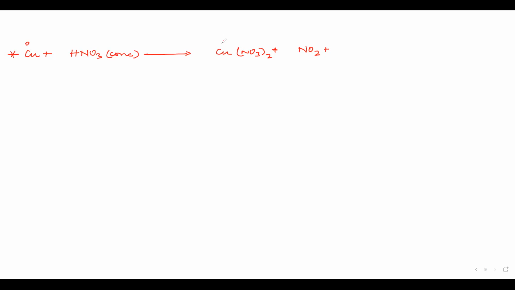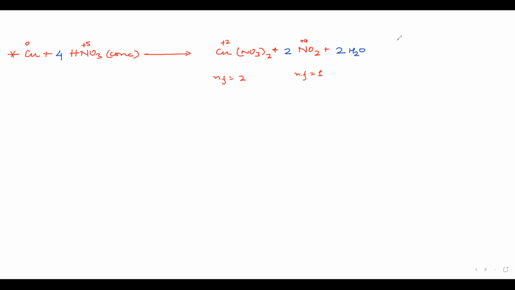Now this is 0. This is again plus 2. This was how much? This was plus 5. This is plus 4. So we have the n factor. We have to calculate: n factor here is equal to 2. N factor here is equal to 1. So if we balance it, we will get here 2, we'll get here 1. If we have 2 NO2 molecules, and here there are 2 nitrogen atoms in Cu(NO3)2, a total of 4 nitrogen atoms are on the product side, hence 4 HNO3. Now we have 4 hydrogen atoms. There are no hydrogen atoms here, so we will write 2 H2O. Now we have balanced the reaction.